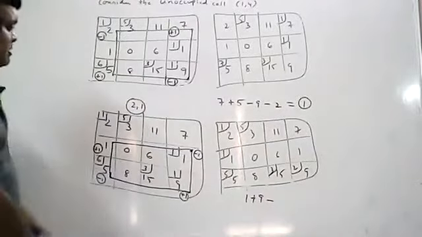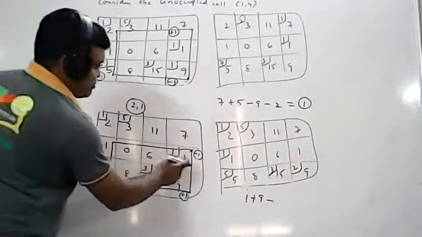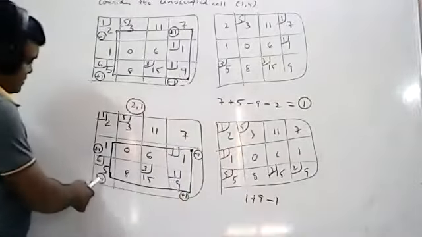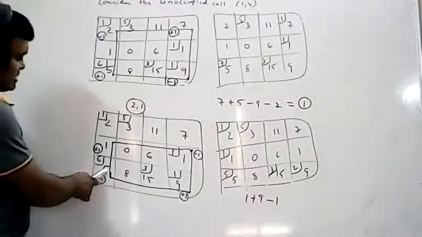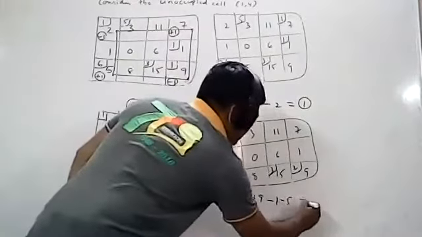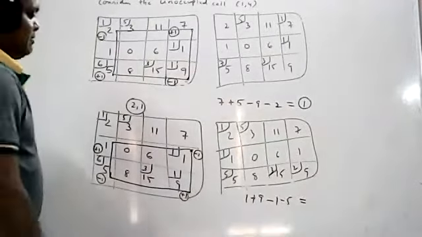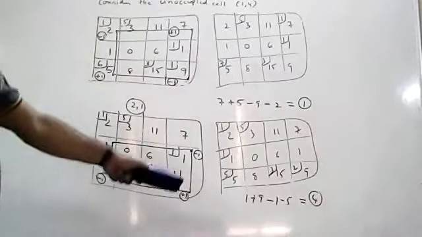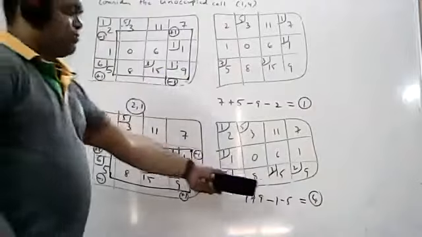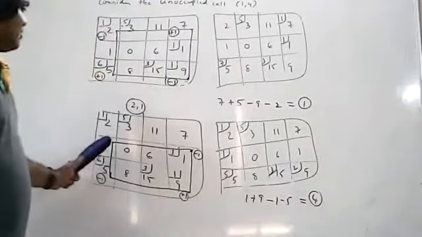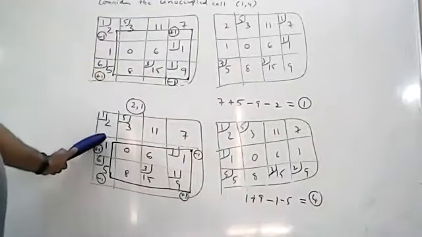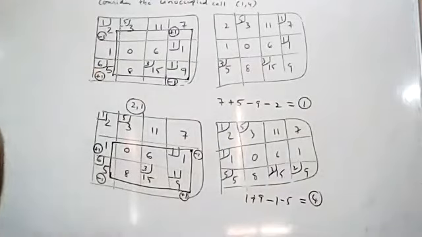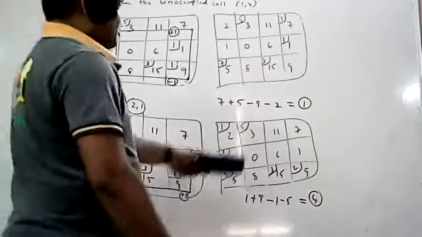Next minus values you have to subtract. Minus 1 means this is 0. Minus 1 is subtracted. In this, minus 1 is subtracted. Minus 1 is subtracted means minus 5. So what is the value? 10 minus 6 means 4. Okay, so 4 is nothing but increasing. So increasing means 102 plus 4. 106 you are getting, if you consider this unoccupied cell. Okay, similarly, you have to repeat for all the unoccupied cells. Now you got 1, 4.